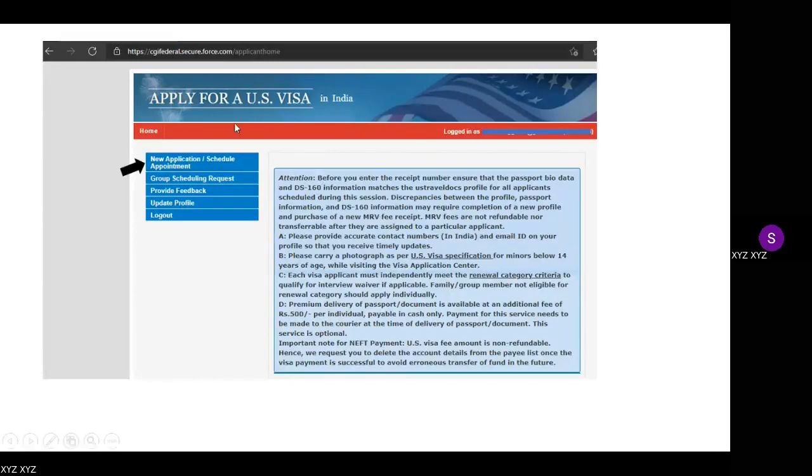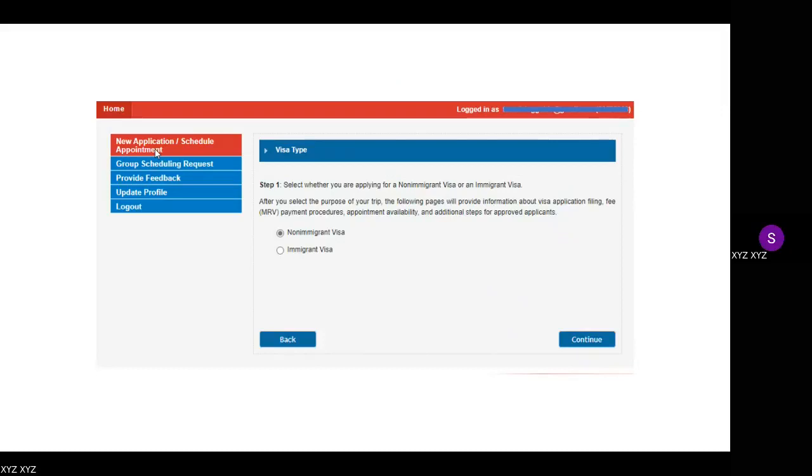If you can see here, you have a few options like new application or schedule appointment. Okay, as it's my very first time, I have to go for the new application. So now click on new application or schedule appointment and go to the next page.